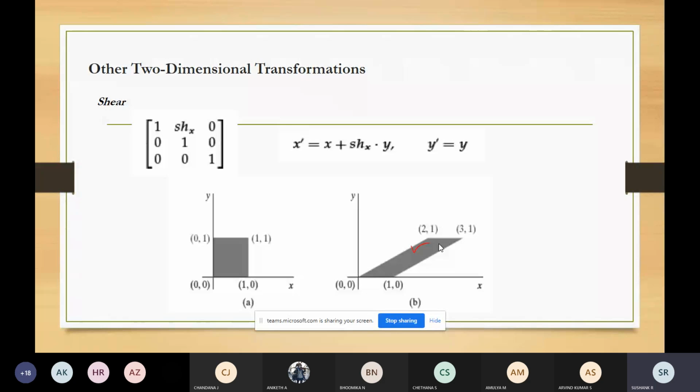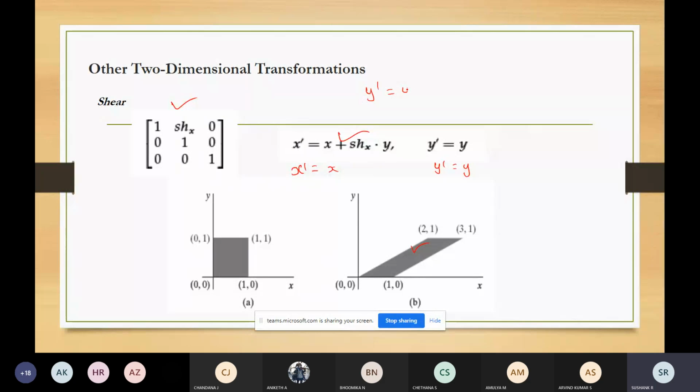So how to do the shear? This is the transformation matrix which is being given. Here x dash means the shift along the x-axis. x dash is equal to this equation, and y dash is equal to y. So this is along the x-axis. If you want to shift the coordinate values along the x-axis, this is the matrix, this is the equation. If you want to shift along the y-axis, you can write it as y dash is equal to.